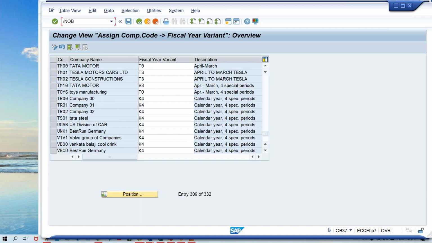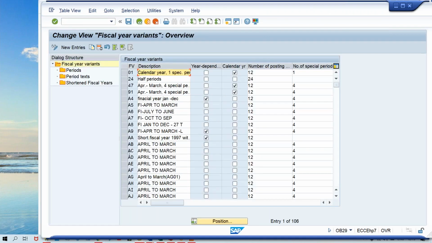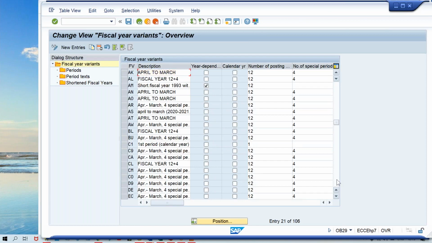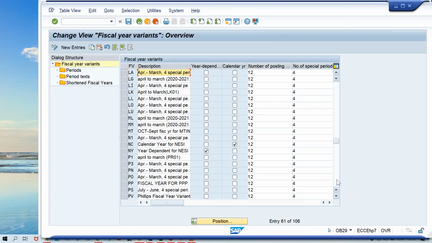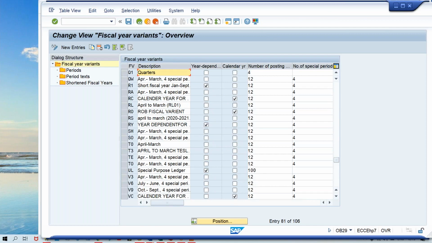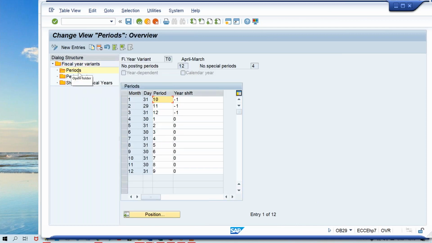If you go to OB29, by which we can define the fiscal year variant, under OB29 you will have the setting for T0. Here you just need to keep coming down, and somewhere it is T0. Here it is, right? Double click on periods. Look at how the system is able to determine this: the fourth